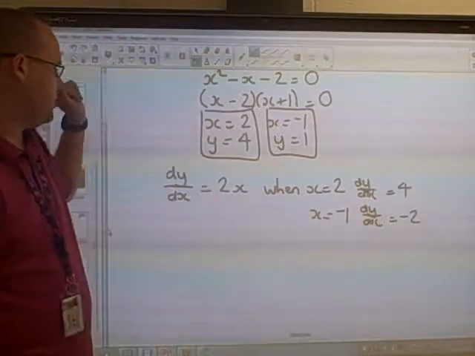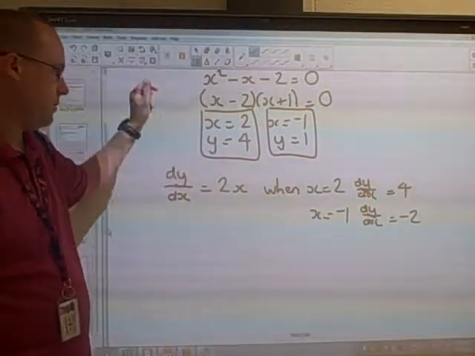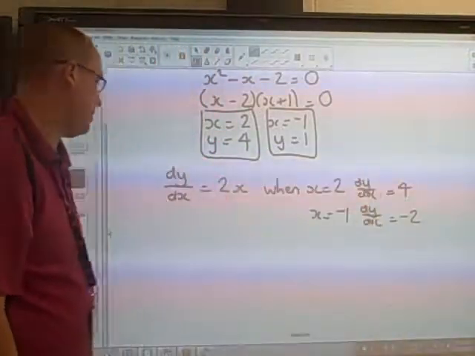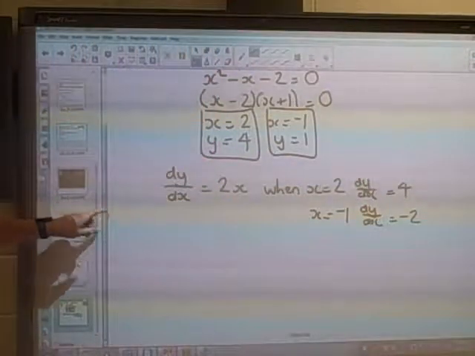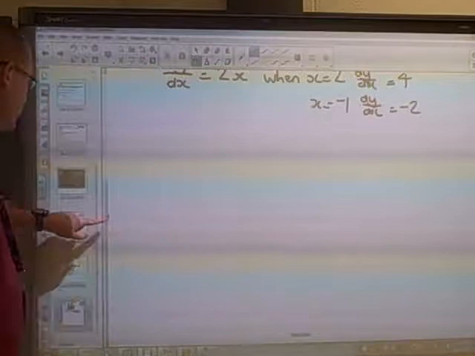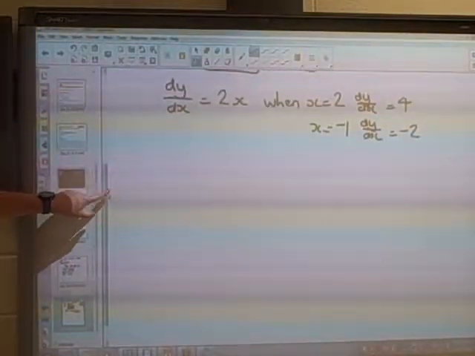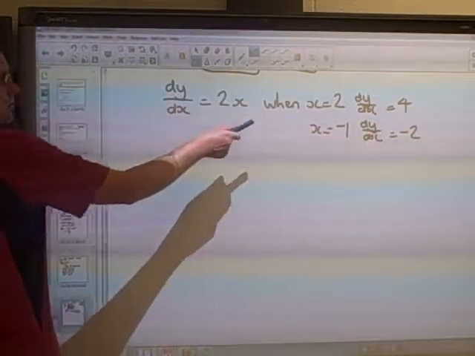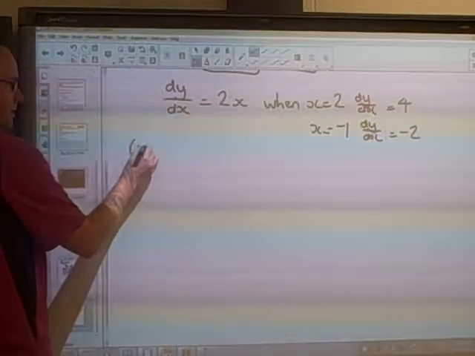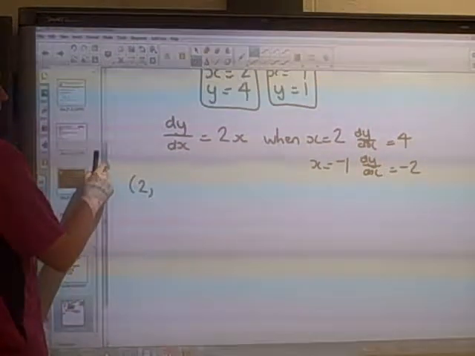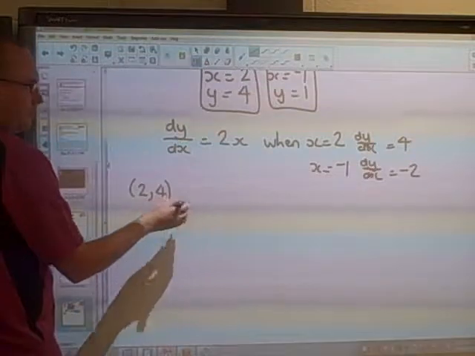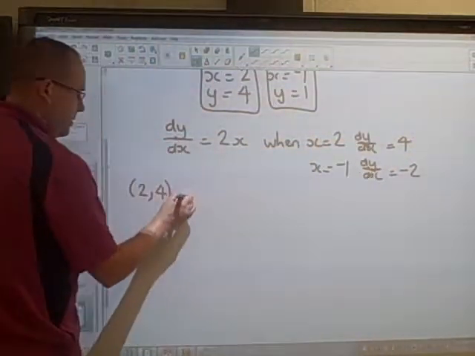Now remember what we've got for all these ones. We've got an associated point, and we also have the slope now. So we should be able to write the equations of 2 tangents at this point. So first of all, let's do the one when x equals 2. We know that it goes through, let's just scroll back up a second, it goes through 2, 4, and it has a slope of